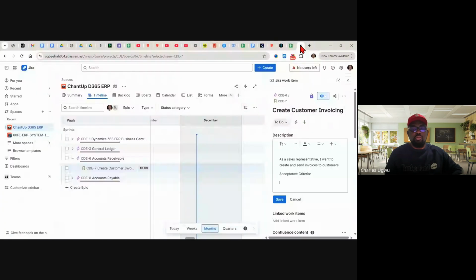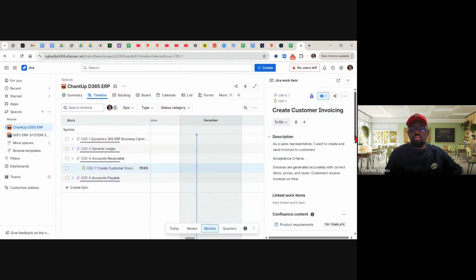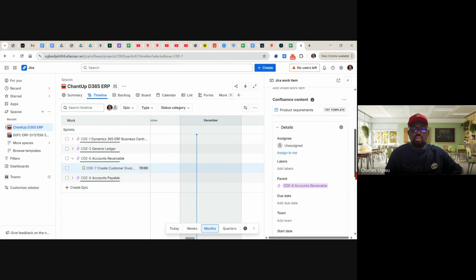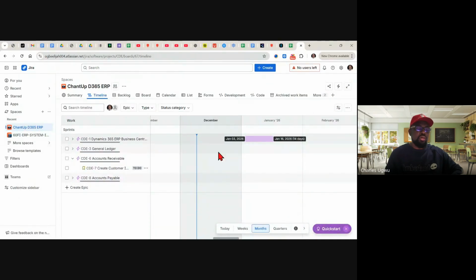And I save. And scroll down to story point, where I will give it another 8 story points, and we'll save, and then we'll close, and then we'll have one work item here.